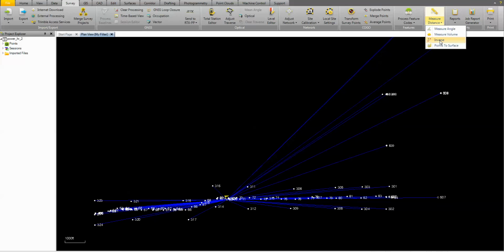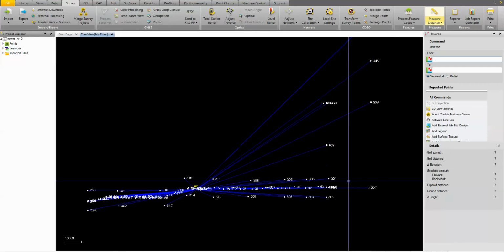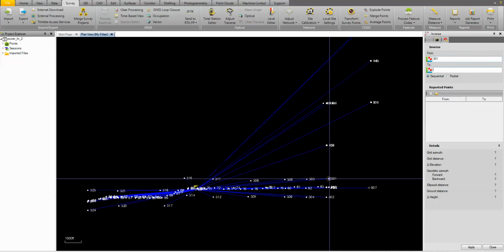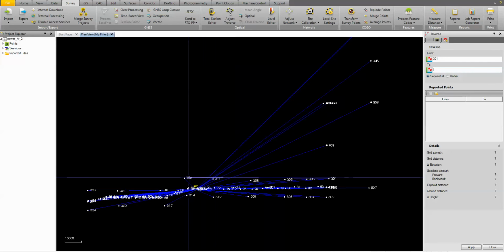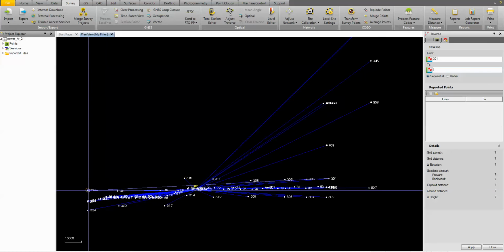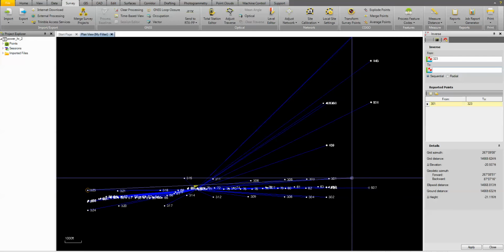This is going to be your friend that would give you all this information. What you'd need to do is inverse randomly throughout your site. I usually pick 2 points opposite of each other and pay extreme close attention to the grid distance and the ground distance. And so you can see here in almost 3 miles, we've got just a little over 1/100th of a foot, actually a little bit less than 1/100th of a foot, and